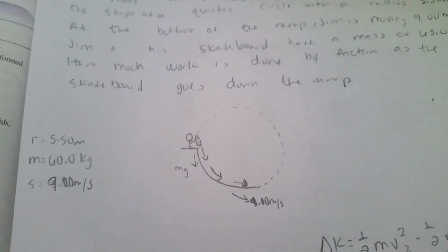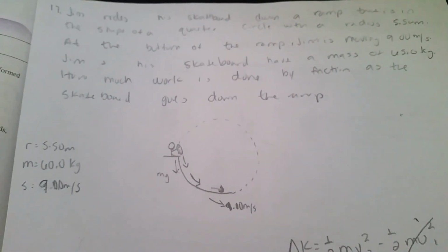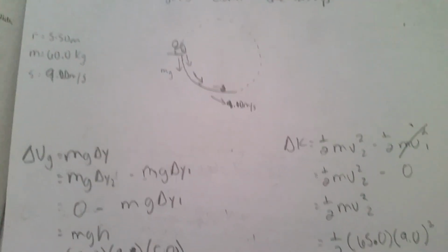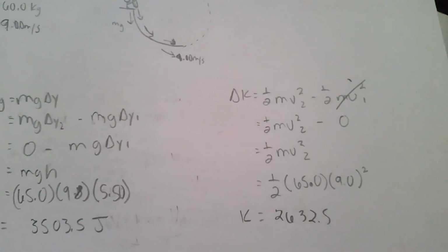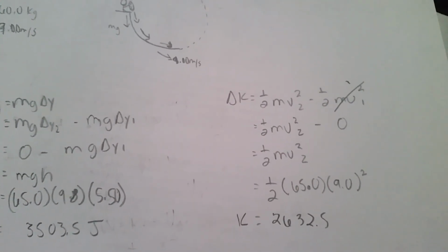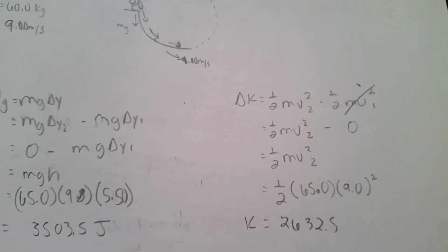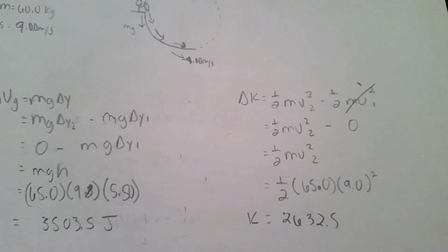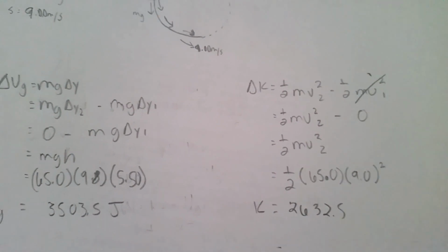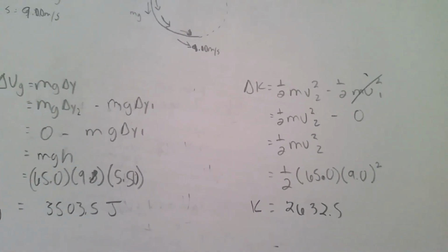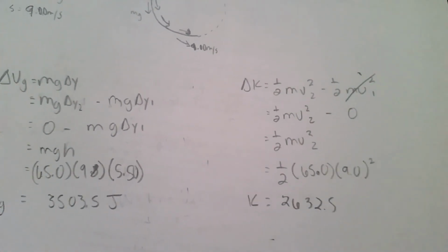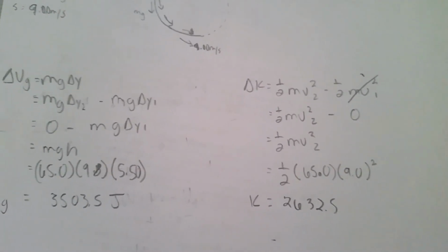The next thing it says is that towards the bottom of the ramp, Jim is moving at 9.0 meters per second. So that gives me a clue to what to do there. I do my delta K formula, which is kinetic energy, which is 1/2 mv squared final minus 1/2 mv squared initial. In this case, there's no initial velocity, so I can substitute in 0 for that, and it gives me 1/2 mv squared. I plug in my mass, which is 65.0 kilograms, and my velocity towards the bottom, which is 9.0, and it gives me